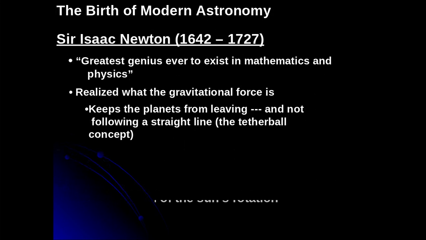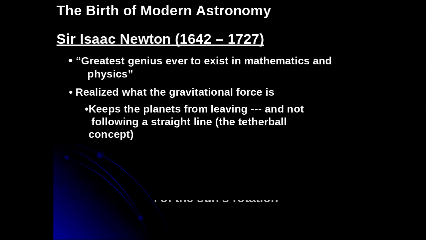And remember, when we talked about the scientific method in the very first week of school, we indicated that the more knowledge that is gained and used from other contributors, the faster and faster concepts are created. And so in this case, by 1642, we are now into the heliocentric model. We've got Kepler's three laws of planetary motion. But Kepler couldn't explain why his planetary laws of motion work and why the planets hang around the sun and don't want to leave. And it was Sir Isaac Newton, coined as the greatest genius to ever exist in terms